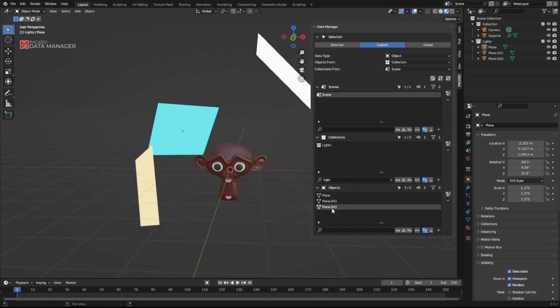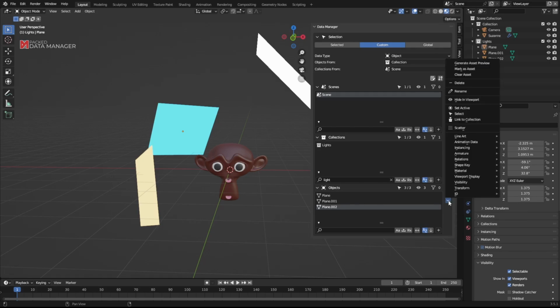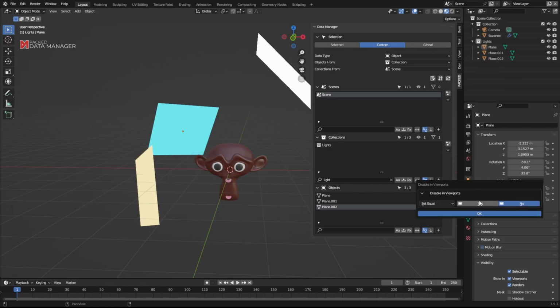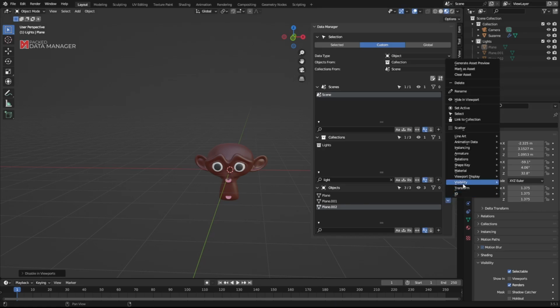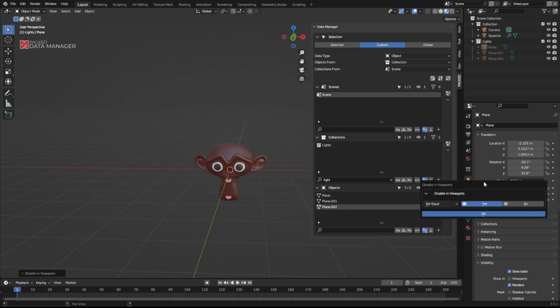So now we have isolated these three objects, and to change their visibility, we go to the operation menu. It is a built-in attribute, so we'll look at the built-in attribute half, go to visibility, show in, disable in viewports. Yes, okay, that's it. If we want to enable them back on, go to visibility, show in, disable in viewports. No, okay.